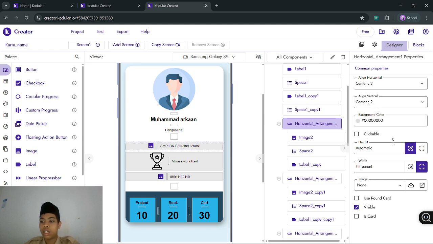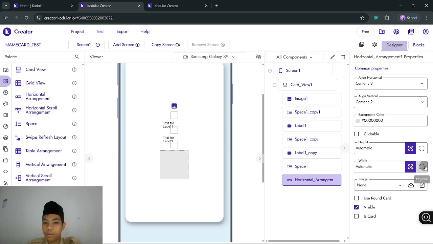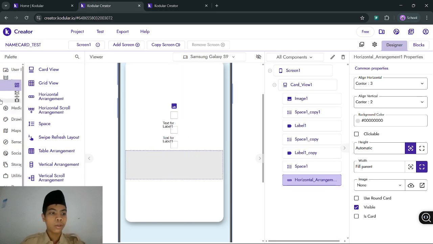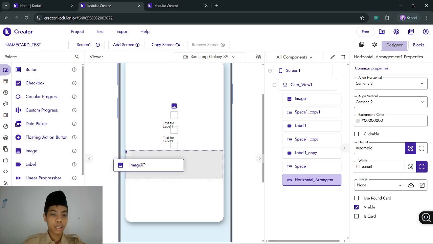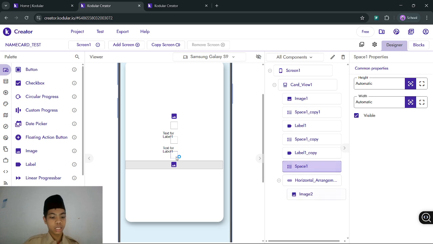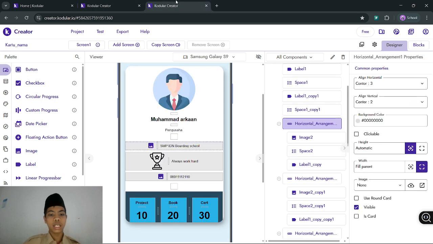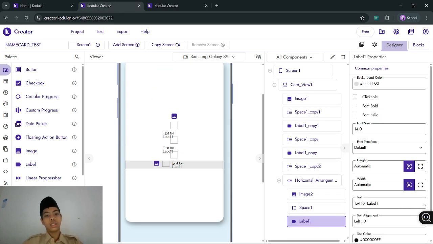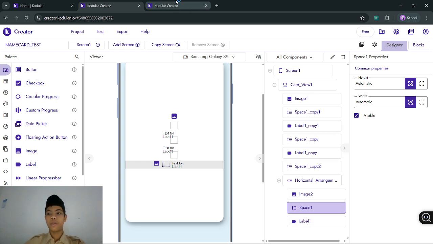The width we make fill parent, like that, and then we put image one, and then we put the space, just duplicate the space, and then the label, duplicate, and we put it in here.